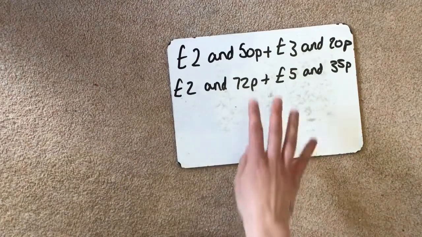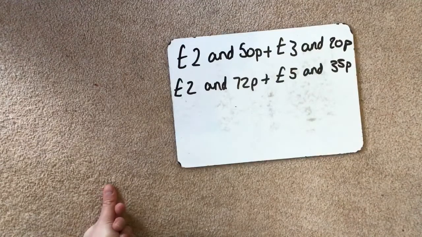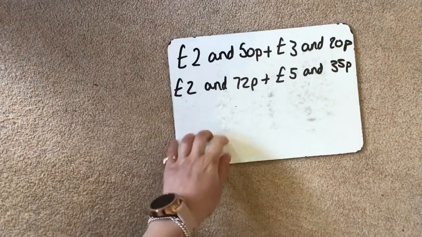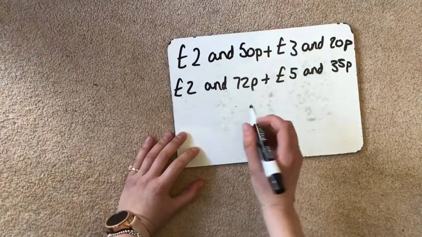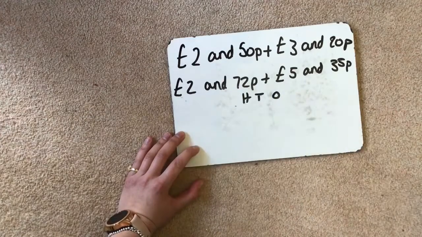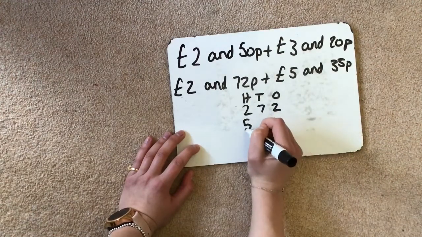We're now going to move on to column addition. Now some of you might be able to do this one in your head, but I'm encouraging you to do this as column addition because it's a really important mathematical method that you need to master, okay? So I'm just going to recap how to do column addition. We have done quite a lot of this year, so hopefully lots of you will be comfortable with it already. So we're going to set it out with our hundreds, tens and ones. Because £2.72 is the same as 272. Okay, so we will put 272 pence there and £5.35